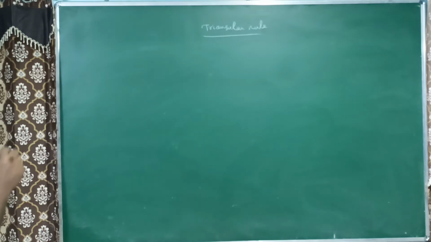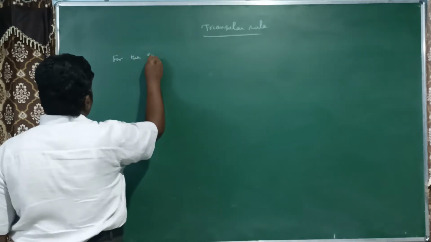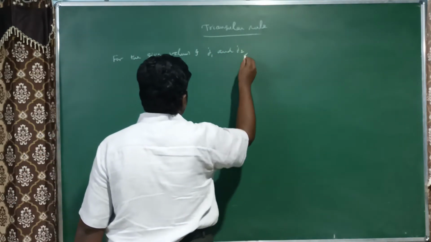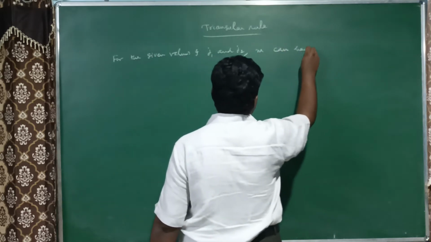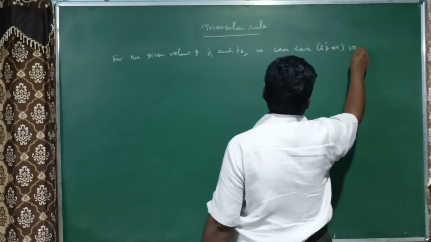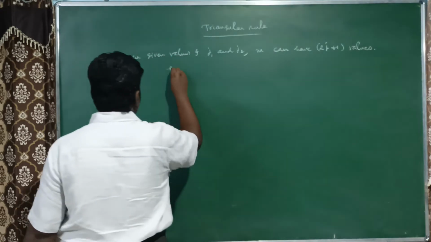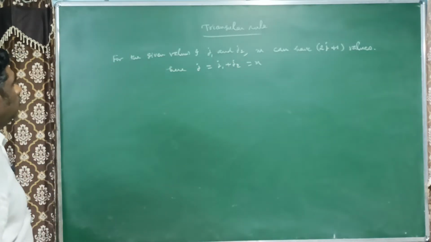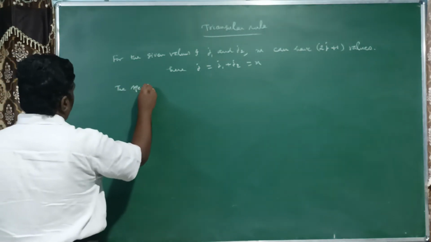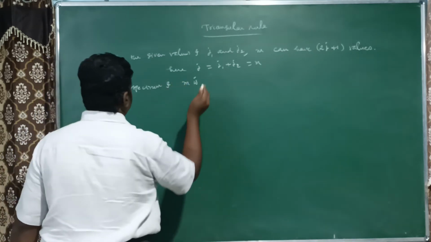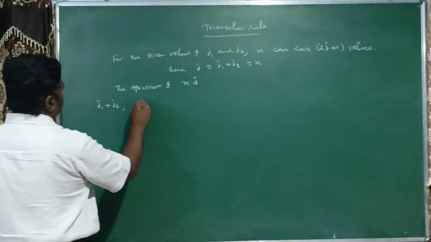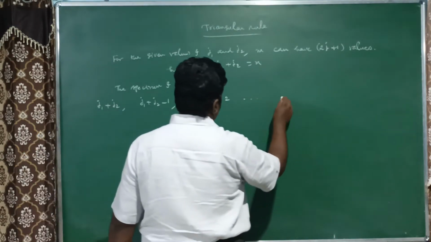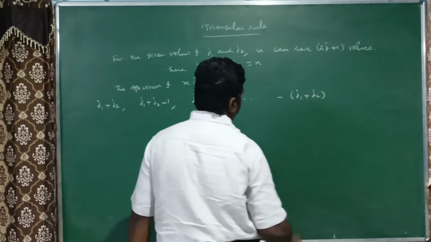In the same way, for the given values of J1 and J2, M can have 2J plus 1 values. Here J equals J1 plus J2, equal to M. Now the spectrum of M is J1 plus J2, J1 plus J2 minus 1, J1 plus J2 minus 2, and the final value is minus of J1 plus J2, because the